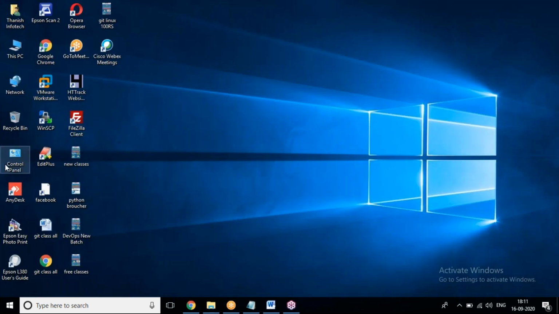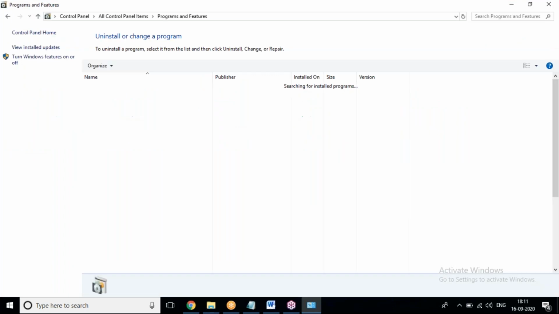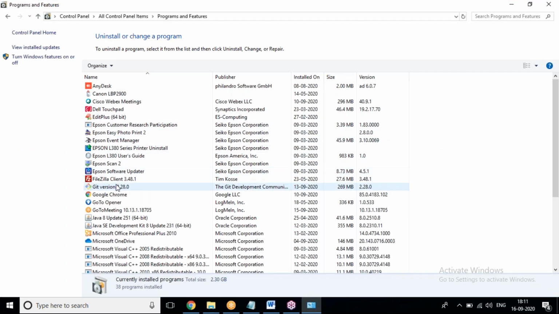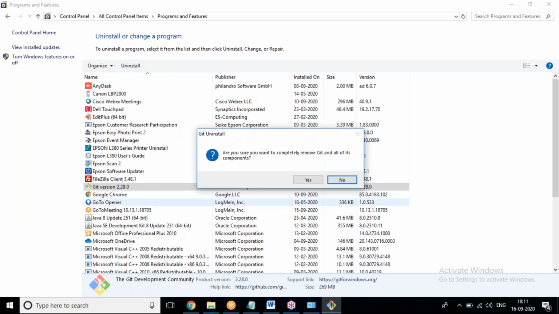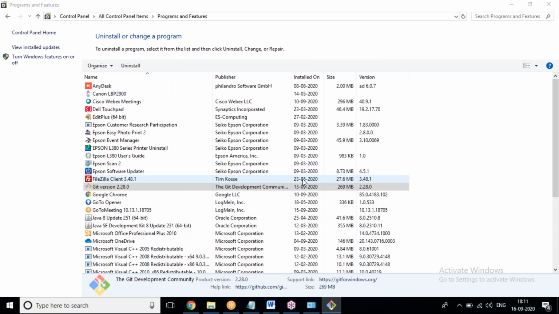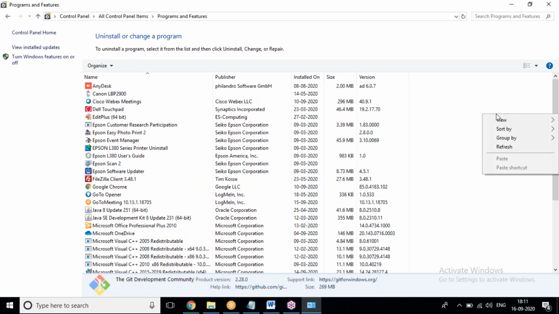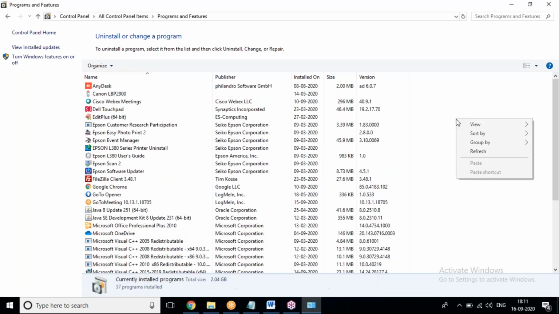Next, I'm going to uninstall Git Bash. Successfully gone. Successfully we have removed it.